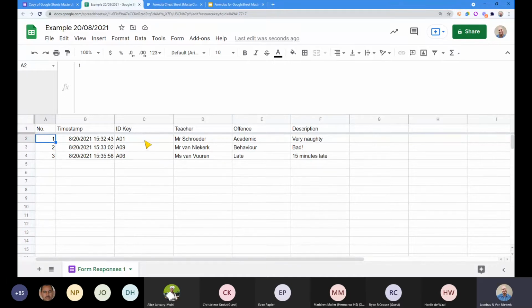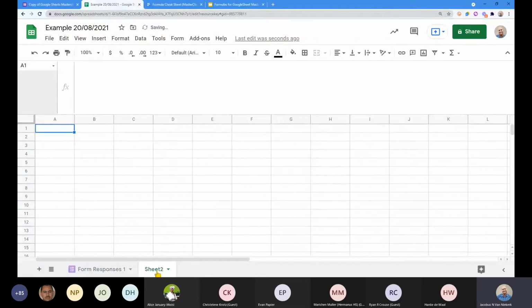Okay, so now we're going to get to possibly the best and the most important part of what you can do with Google Sheets, what makes it such a great tool, and that is the ability to import data. Importing data means I'm going to be able to take information from a different Google Sheet, not just copying information from one tab to another tab, but actually getting information from an entirely different Google Sheet.